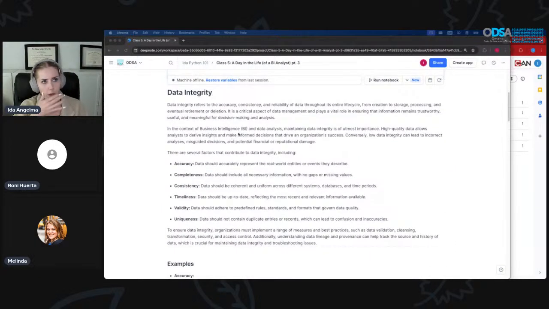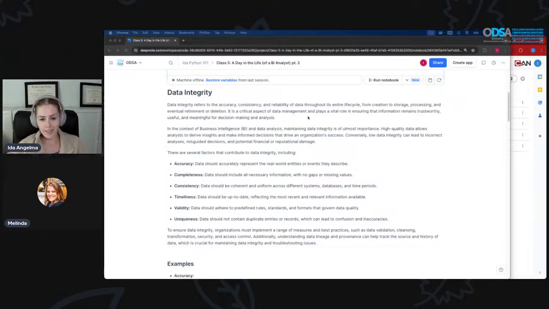So I think we've talked a little bit about, well, we've learned how to clean data and how to get proper data for analysis and visualizations. So data integrity refers to the accuracy, consistency, and reliability of data throughout its full life cycle, from creation to storage, processing, and then whenever we're done with the data. So this is being able to manage your data and making sure that we have accurate, consistent, complete